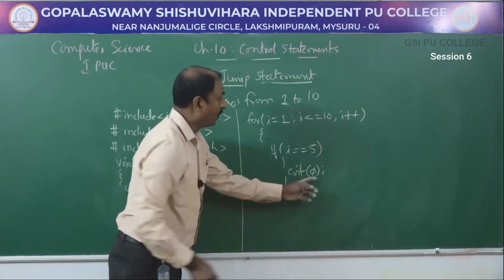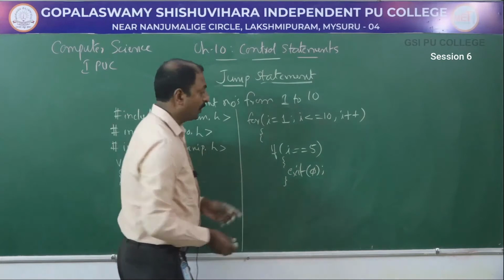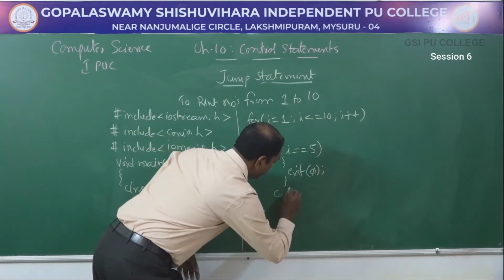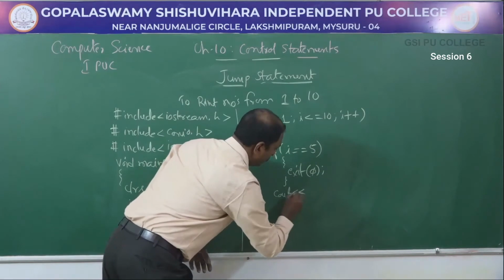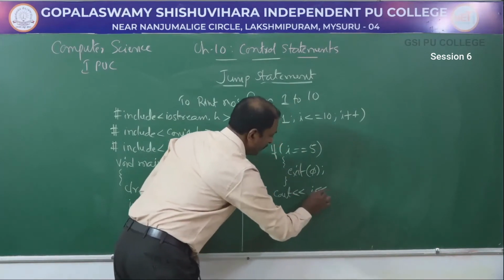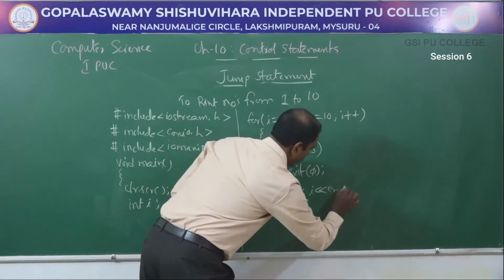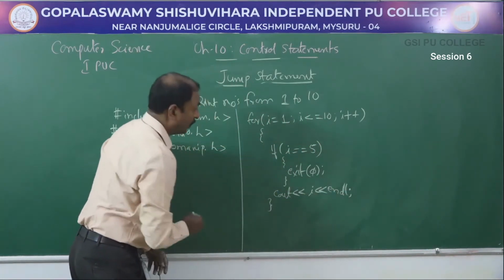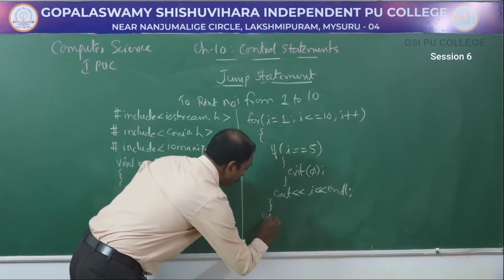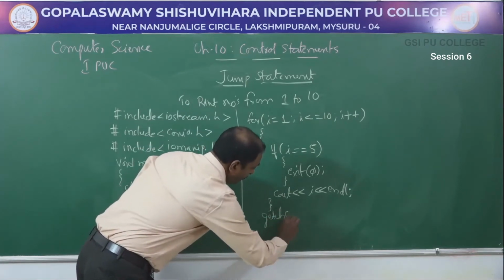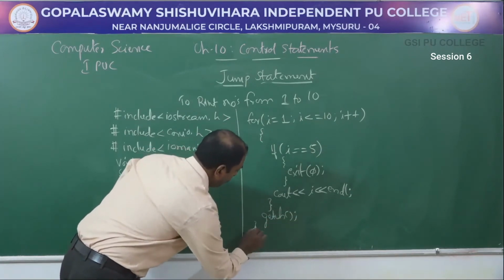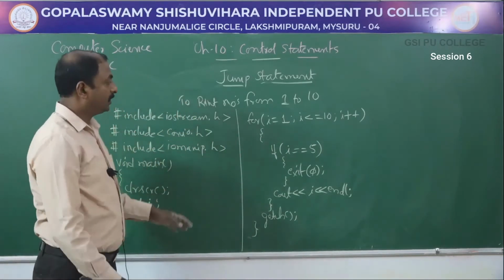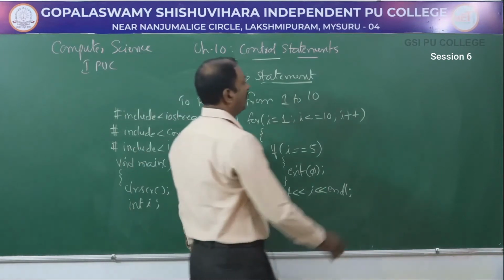It is going to execute if the condition is true. Then after this you will write cout i endl, then close the for loop, then close the program with getch and closing the void main bracket here. So this is another example for